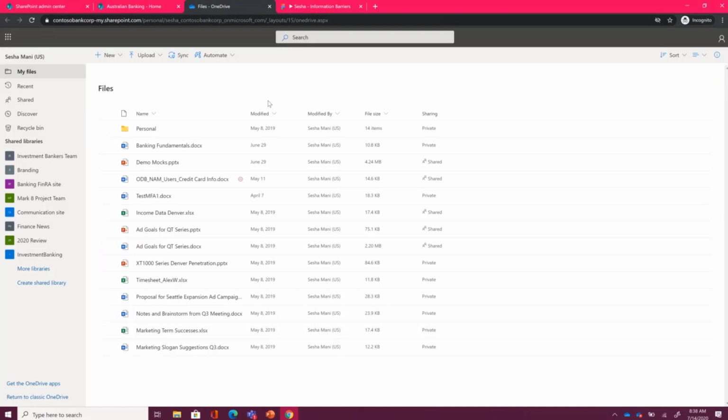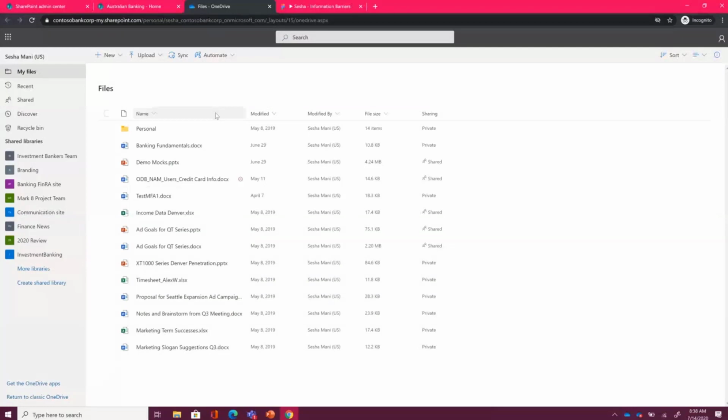If you remember from the mock-up, user Sesha belonged to the investment banking segment. So here's Sesha's OneDrive for Business. This has automatically got associated with the investment banking segment, same as Sesha's segment. Now, access to this particular OneDrive will be granted only to users whose segment matches that of the investment banking segment, which is on the OneDrive, and the sharing control will honor the investment banking segment.